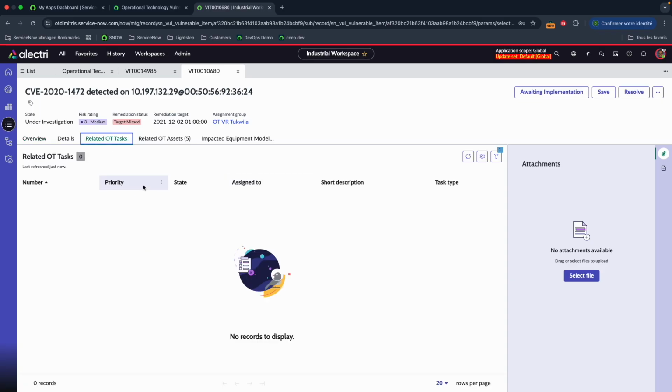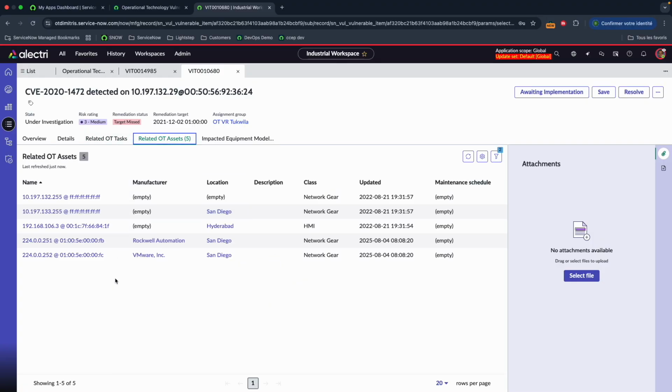If they need, they will create related tasks. Maybe, for example, work orders that should be created in SAP PM or Maximo. And at the end, if it needs an implementation, they may create a change order in order to correct the configuration on the related OT devices. So that's for the